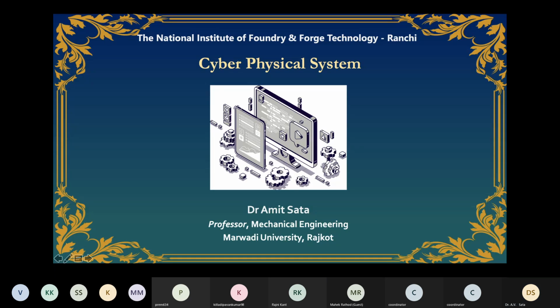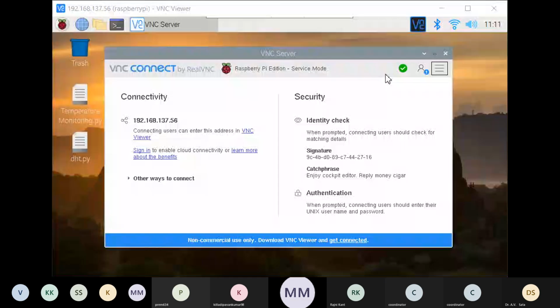Hello everyone. In the last session, we demonstrated that the DHT11 sensor can be connected with the Raspberry Pi.